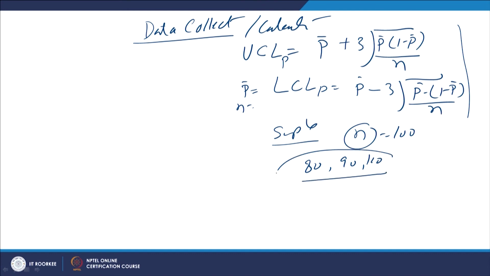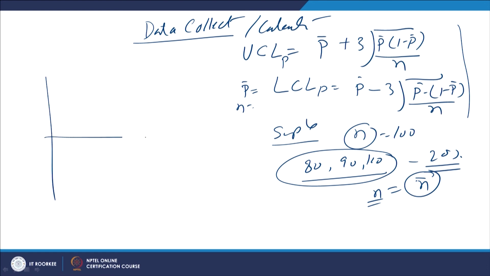So, if the sample size variation is within 20%, then the n value in the above equation is replaced with the n bar, that is, the average n value is used for calculating the upper and lower control limits. So, on plotting this, if we find that certain data points are falling beyond the acceptable limit, then those data points will be discarded, and again we will be calculating the